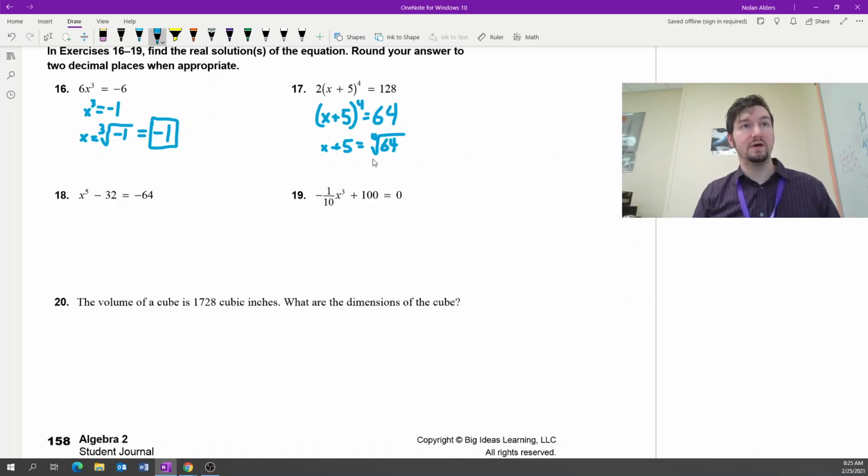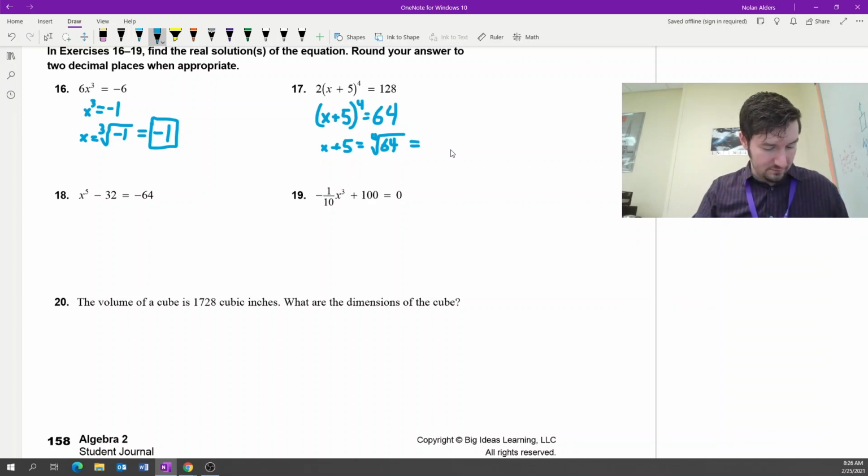And the 4th root of 64 gives us a fraction. I guess this is round your answer to 2 decimal places when appropriate, so we'll do that. It's not going to give us a perfect answer, so we actually have to use a calculator for this one. So we can do 64 to the 1/4 power, and we get